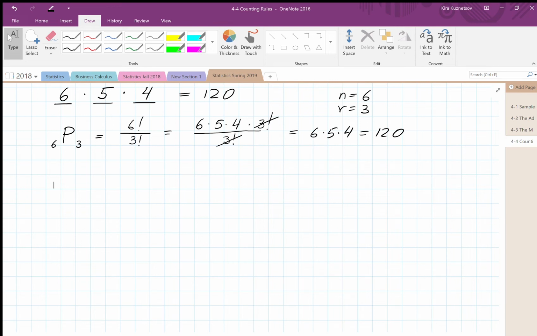This is a continuation of 4-4 counting rules, and my next rule is the permutation rule number 2. The number of permutations of n objects when R1 objects are identical, R2 objects are identical, P objects are identical, etc. What we need is a slightly altered version of the permutation rule, where you take n as the number of objects